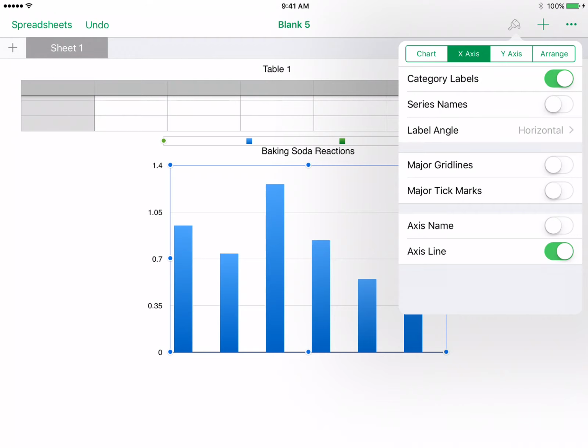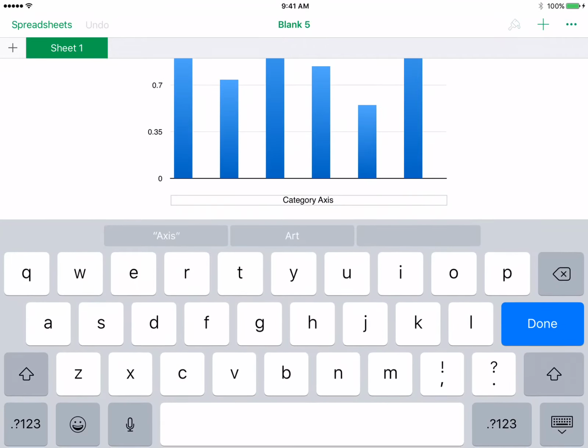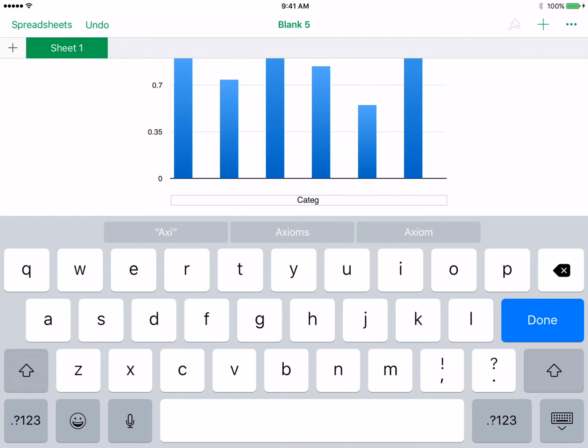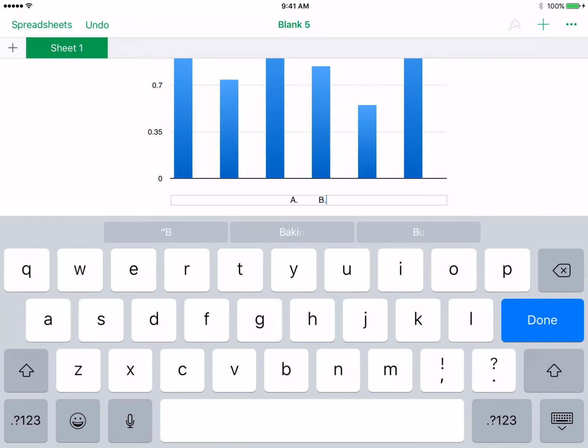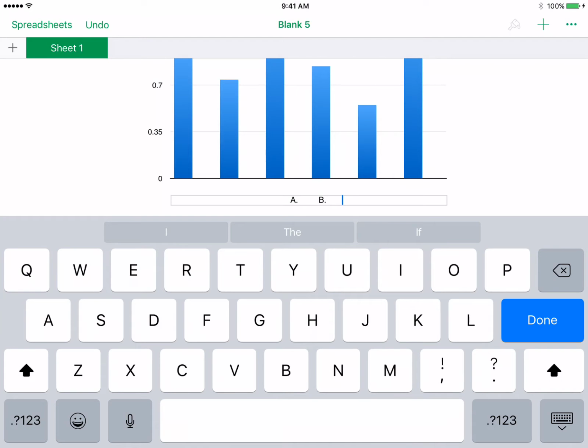Okay, hit done. With our chart still selected, we're going to press the paintbrush and then go under X-axis now. On the bottom we can see we're going to press axis name and turn that on, and we can see it says on there it says category axis, so we're going to label that again. Double click, and I'm not sure if there's a way to maybe space this out to make it look the way we want it to. Something like that. There might be an easier way or a better way of doing this, but you could probably spread it out